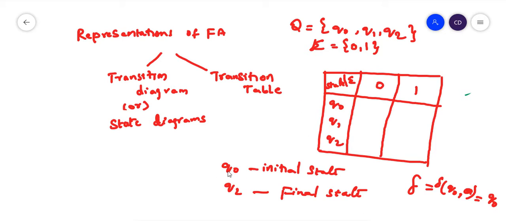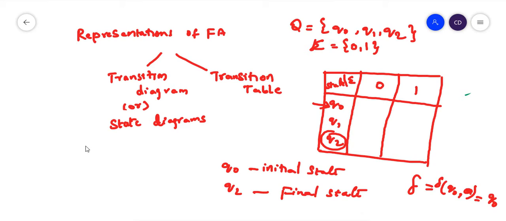And here Q0 is the initial state, so you can represent it with an arrow. And Q2 is a final state. You can simply represent it with a circle. Right? Now these two columns can be filled with your transition function. Suppose you have a transition